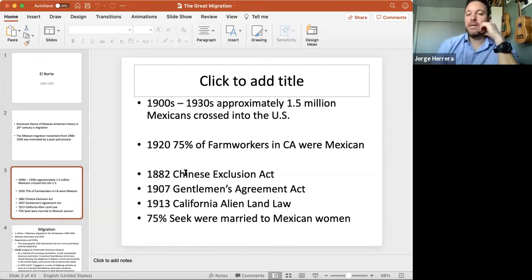Why did so many Mexicans come from 1900, especially in the year 1910 and through 1920? Why did so many come between 1900 and 1930? The big reason and the big answer is because of the Mexican Revolution. So let me give you a brief history of the Mexican Revolution. In the late 1800s, we in Mexico had a president, or rather, I should call him a dictator, by the name of Porfirio Diaz.